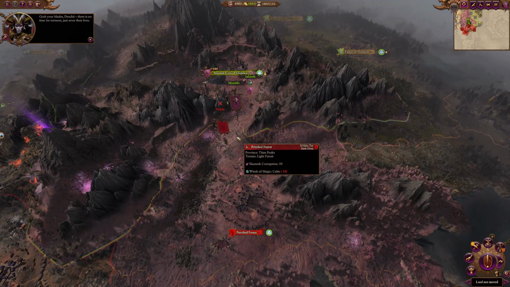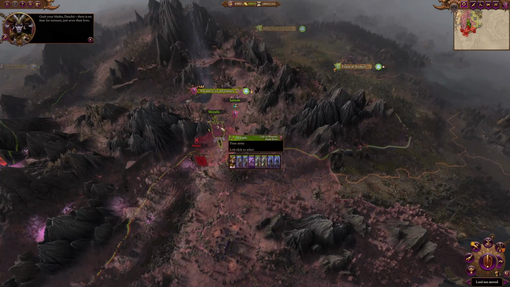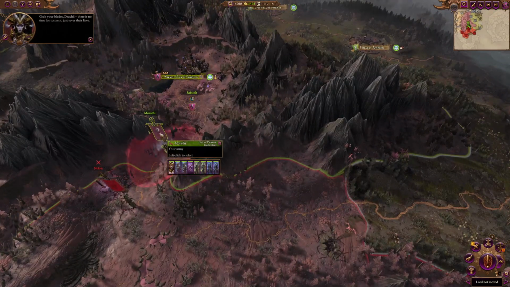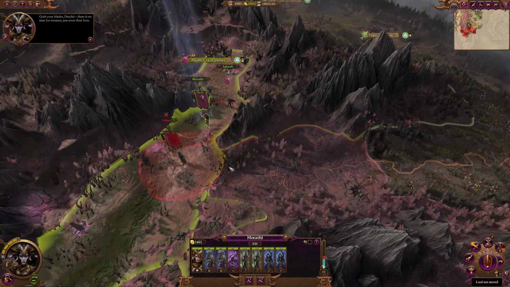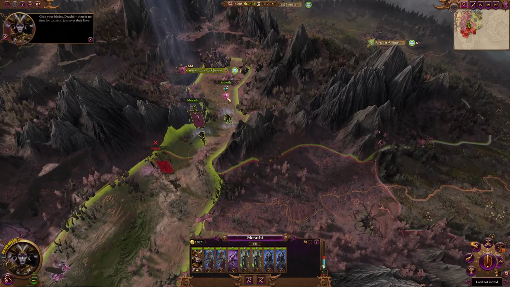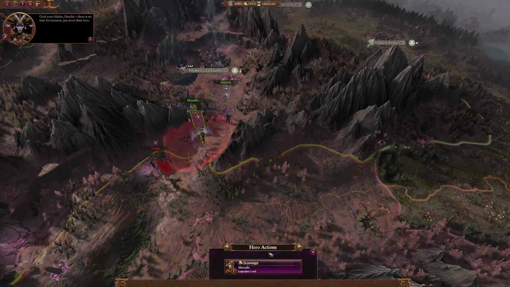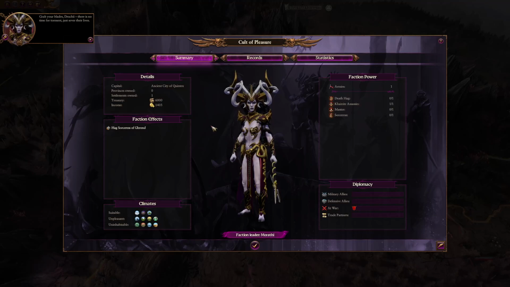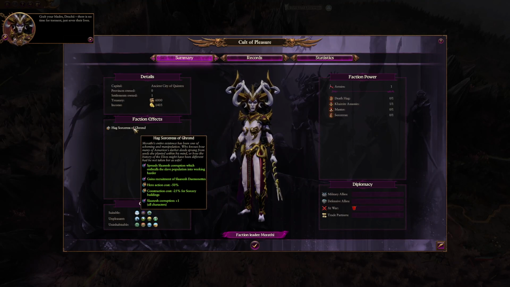Today we're going to do a getting started guide for Morathi and the Cult of Pleasure. This is a Dark Elf faction, and Morathi is the first sorceress. We'll go through some of the faction effects here to start with, and one of the big things that Morathi brings to the table is